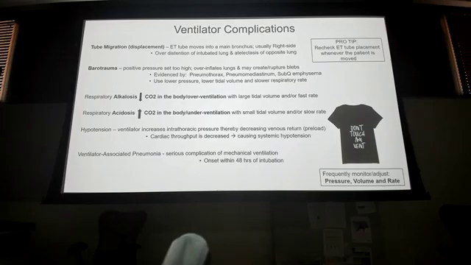Then straightforward, right? You guys should never miss these on any test because you know the pathophysiology and how it works, right? If I breathe too much, too fast, or too deep a breath, what happens to my CO2? Drives it down, right? Straightforward. If I breathe not enough or too small a breath, what happens to my CO2? Goes up, right? So what happens if my CO2 goes up? What happens to my pH? Goes down, right? So again, it's just too large a tidal volume or too fast a rate, or it's too small, too slow.